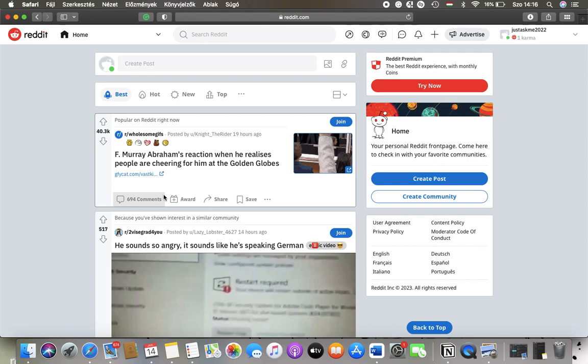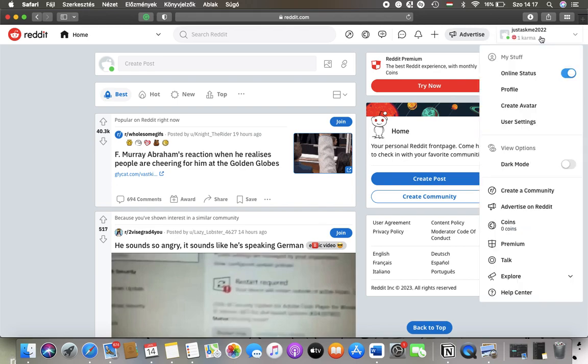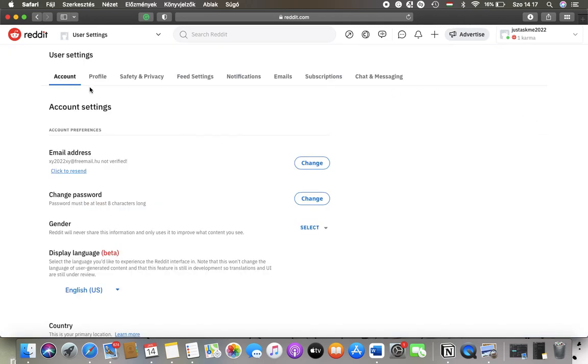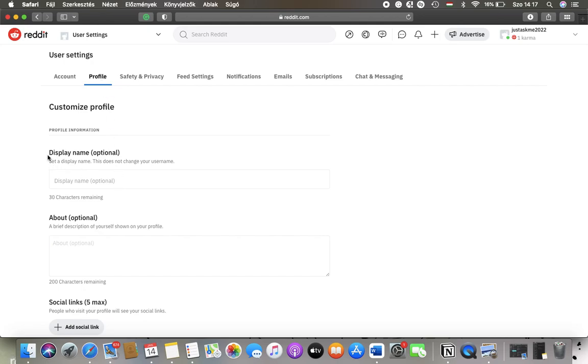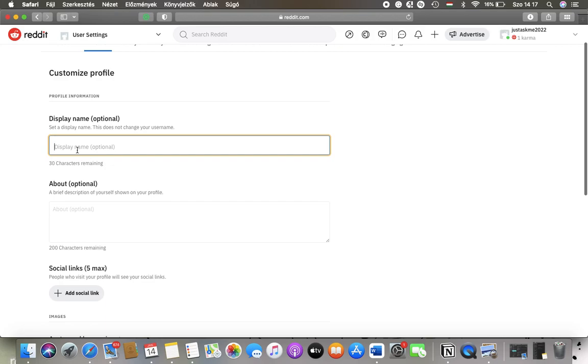First of all, open the website on your device, then tap on your username in the upper right corner of the screen. Tap on user settings. After that, click on profile at the top, and here you can find a display name that you can set. As you can see, it doesn't change your username, so just type in your display name,